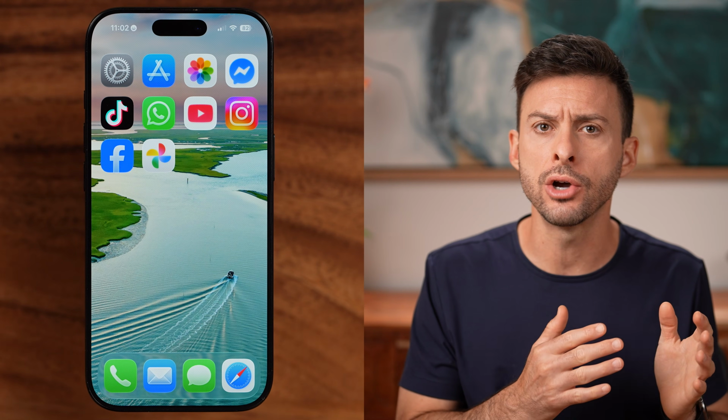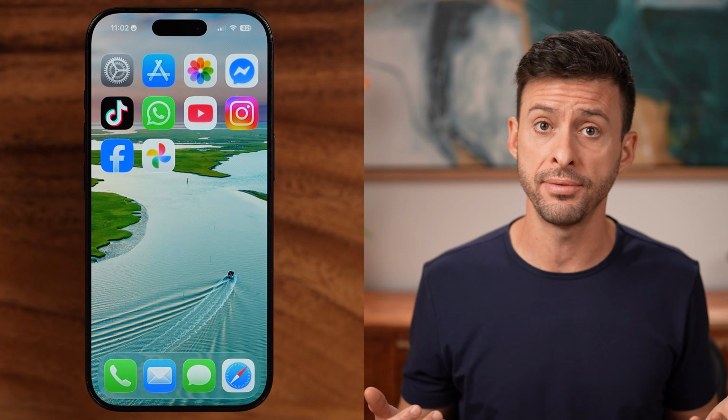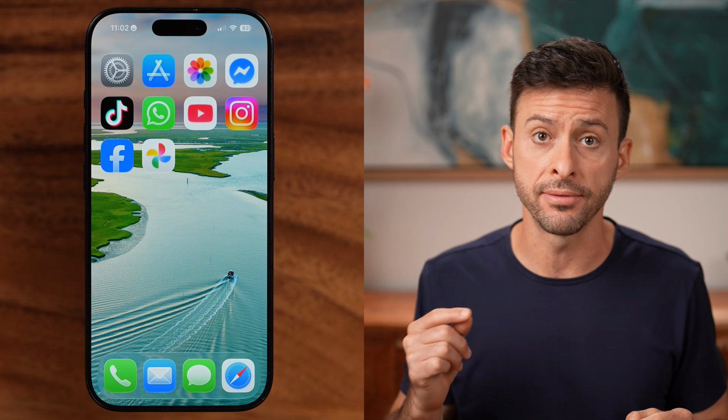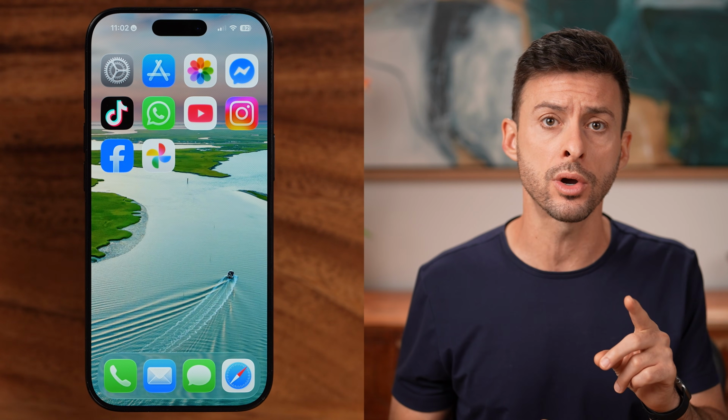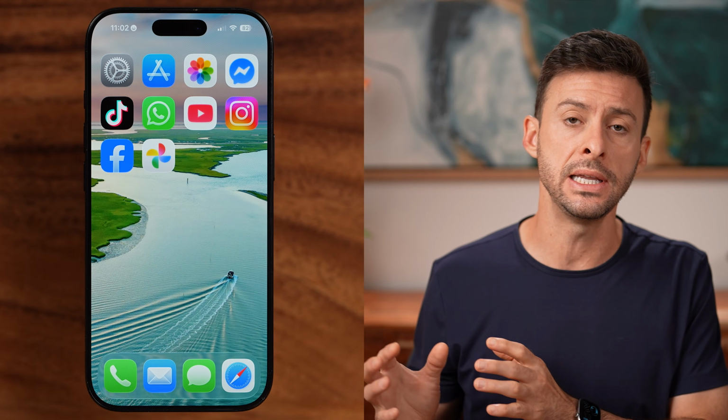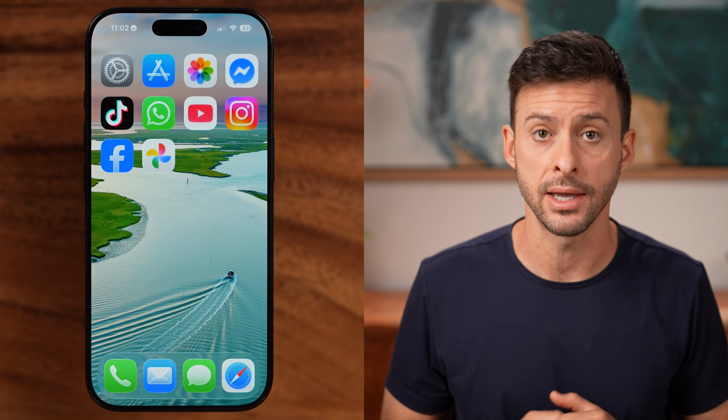If you're looking to delete a photo specifically from Google Photos, but not on your iPhone or Android, for whatever reason, you're not able to do that in the app. Whenever you go to delete a photo or a video, it'll also delete it from your phone. But there is a workaround where you can just delete it from those Google Photos, and I'll show you exactly